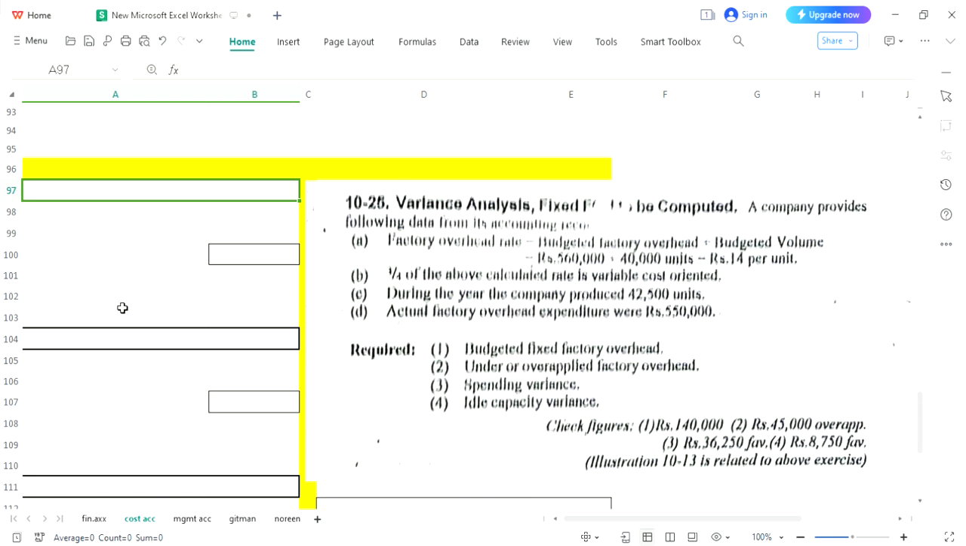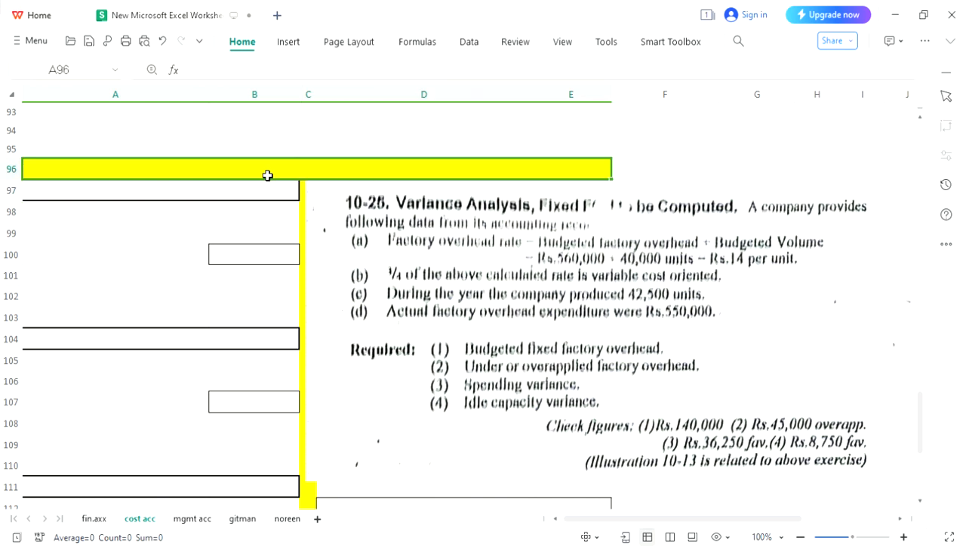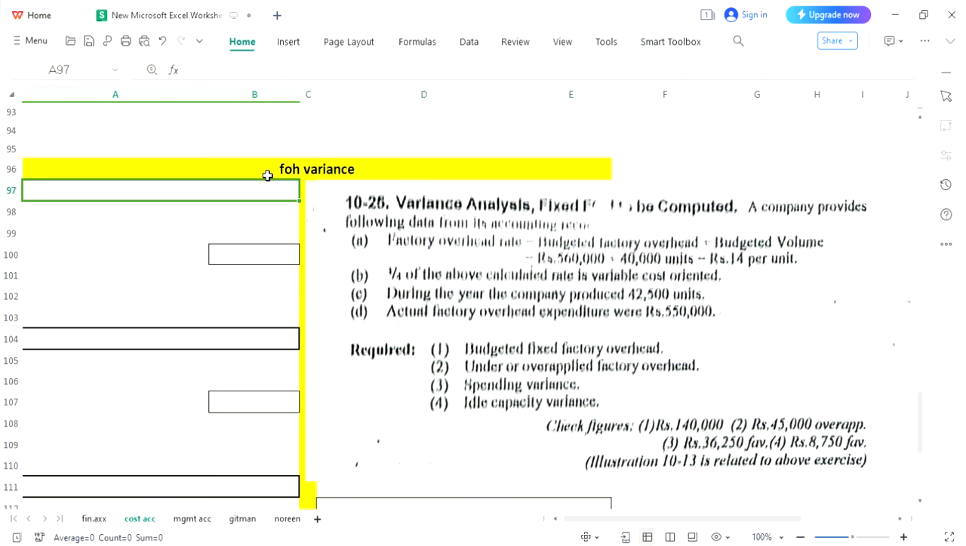Today's target is question number 10.25, cost accounting, and the chapter is related to factory overhead variance. We have already solved 3 to 4 questions and you are well familiar with the format, and surprisingly for 10.25 we are following the same format which was used for the first question. So we are related with factory overhead variance. The first element which would be calculated is